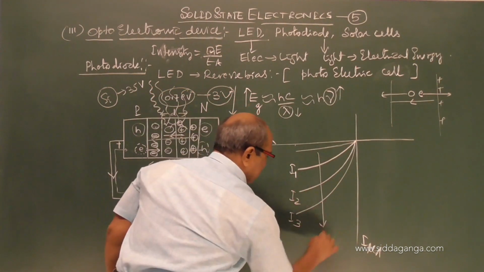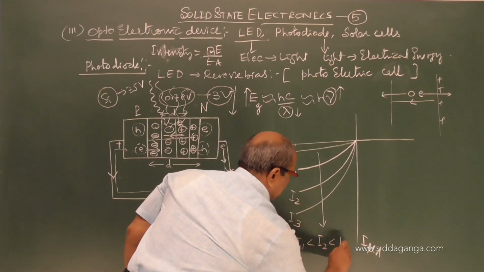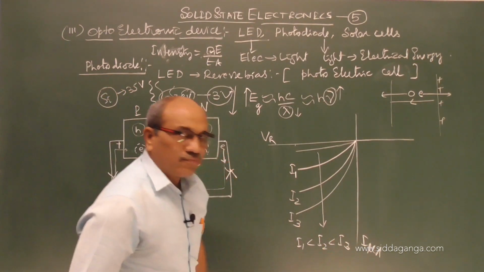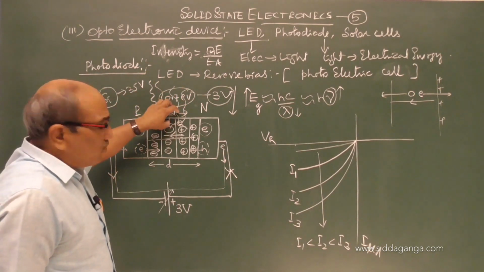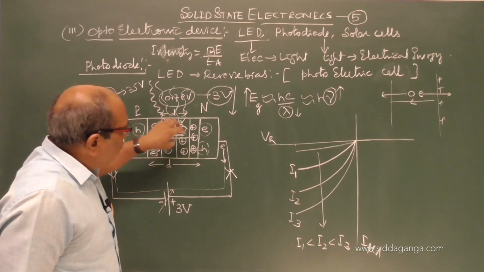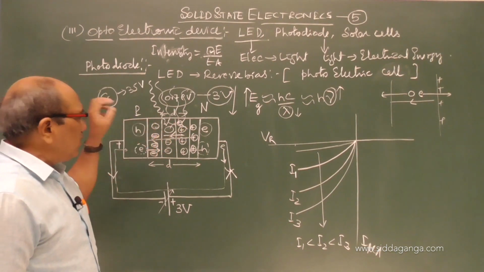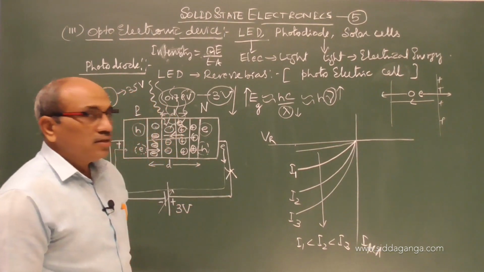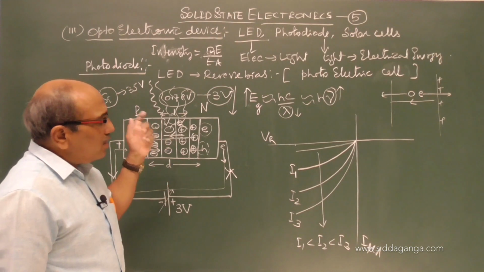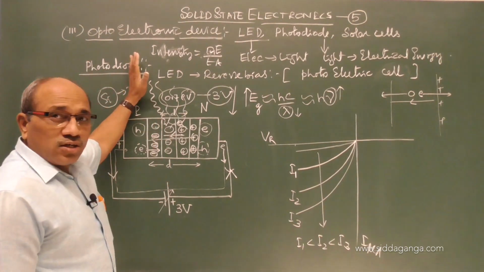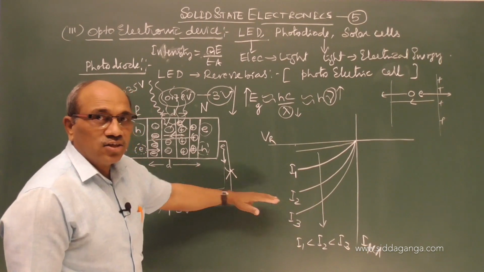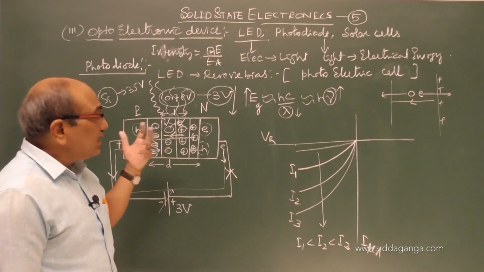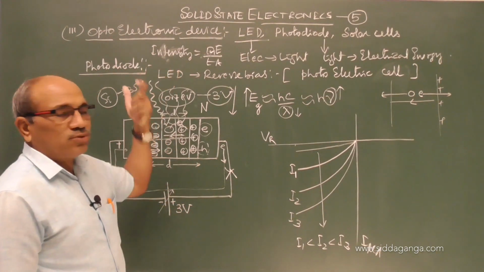If I say in this case I1 is less than I2 less than I3, it means the intensity of I1 is less compared to I3. More intensity, more number of photons falling per second, more electron hole pairs are generating, that constitute by diffusion the more current. More reverse saturation current will appear. We use these photodiodes majorly to measure the intensity or current, to sense the signal. It is a photodetector. To detect the signal we use such type of diodes, photodiodes.